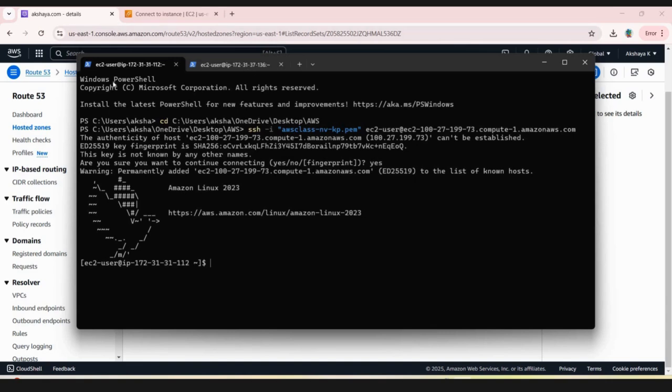In server 1 we are able to ping server 2. So curl server2.akshaya.com, means